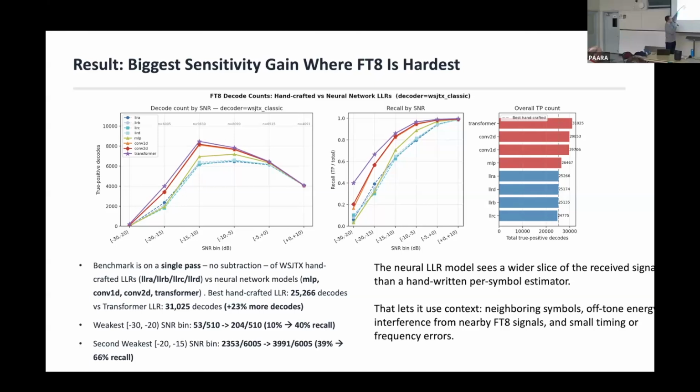There's a whole set of experiments trying to figure out why it works the way it does, but it turns out the transformer one is better. If you do the total comparison, the best of the handcrafted methods on this data set was around 25,266 decodes in a single shot, and the transformer is around 31,000 decodes. It's an increase of 23% more decodes in a single shot